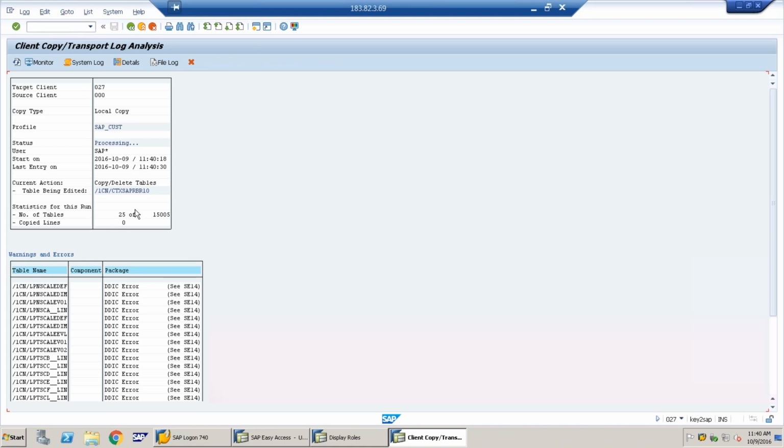Now it has copied 25 tables out of 15,005 tables. Refresh, now it copied 120 tables. Once you get the status completed, go back, create an administrator user by assigning SAP_ALL, log off with SAP* by which you log in now. Create your own user ID by assigning SAP_ALL, then perform remote client copy activities, whatever we have done